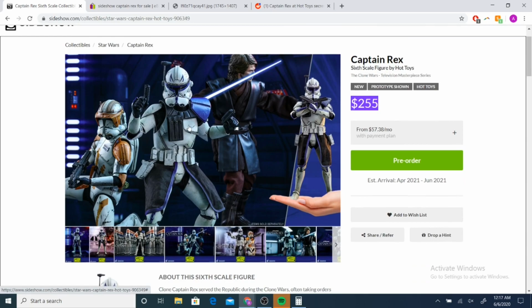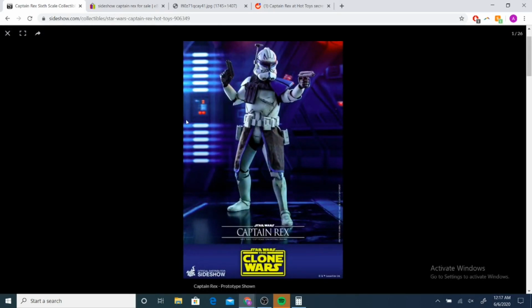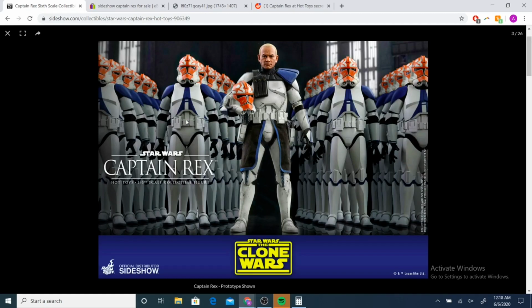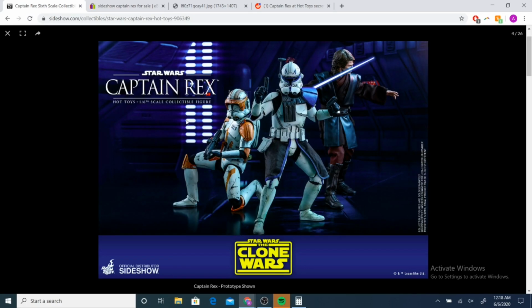Now, with that being said, that's the negative. The positive, and the upside, is, one, obviously you're just getting an awesome figure that's always going to be in demand. This is going to be at the top of people's lists, just the same way the Sideshow one was, but to an even greater extent, because it is a superior figure in every aspect, in my opinion. Not only that,